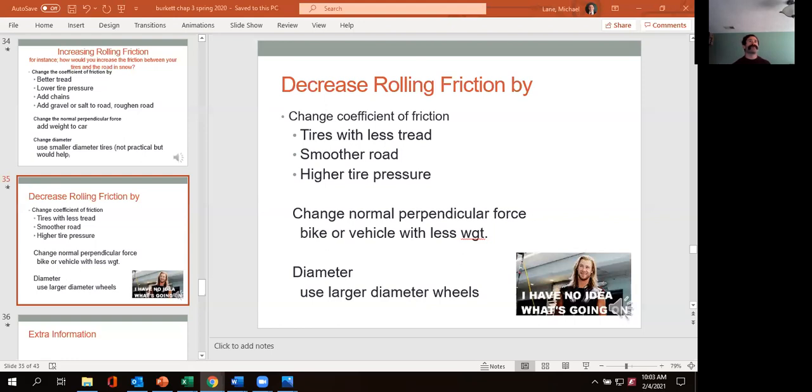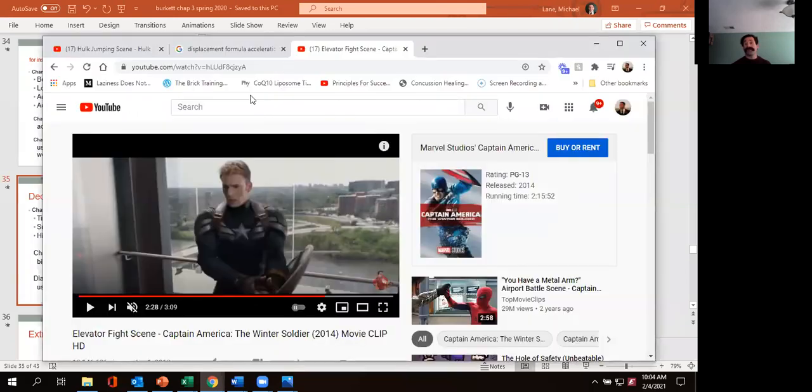All right, so I'm going to put you guys into groups, and we're going to do a potential energy and a kinetic energy formula, because both are going to be used here. And actually, we're going to go ahead and figure out the force applied. So what you guys are going to do is